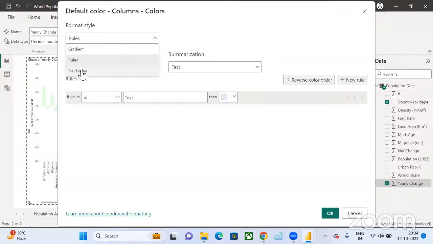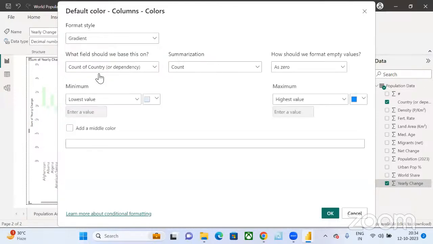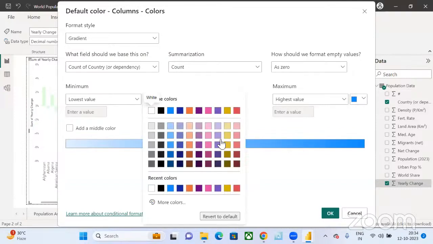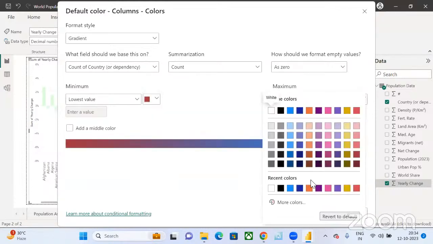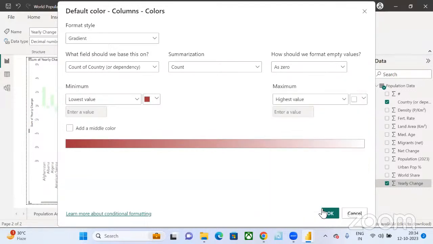I use based on the field, I use based on the rules. The first is a gradient fill. The lowest value will be given, if I use a gradient fill, the lowest value should be given red. That is this one. The highest value should be given the green color. I don't have green color, so I go to more colors and select a green color from here and say